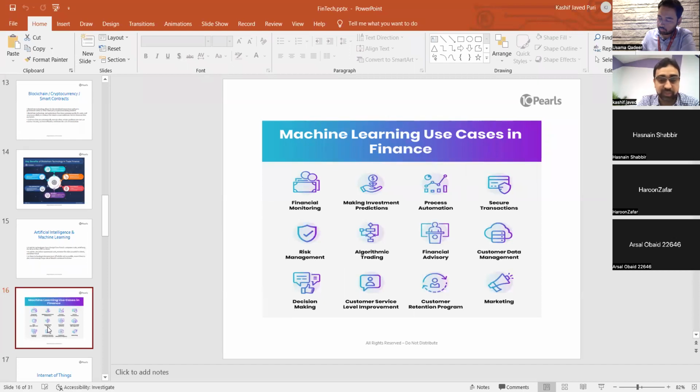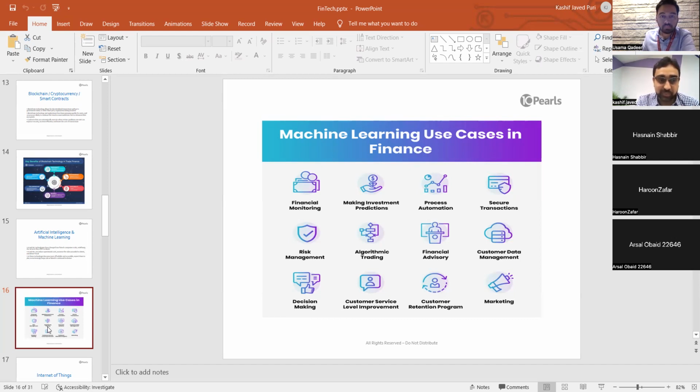Then process automation, which is again linked to RPA as well. Through the use of machine learning, we can automate our existing processes. Then secure transactions. This is very important because it is used in day-to-day banking. Through machine learning, banks are using different mechanisms to detect fraud. So it is very easy now. Like if, by any chance, some hacker got access to my account and he makes a transaction,